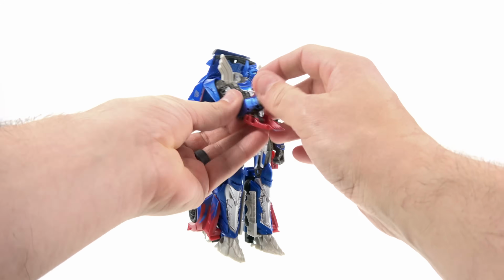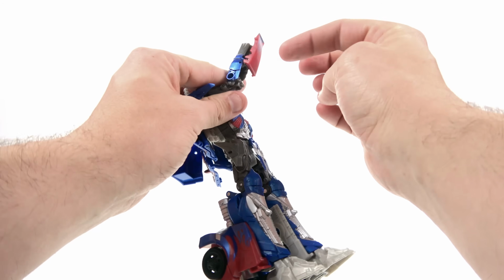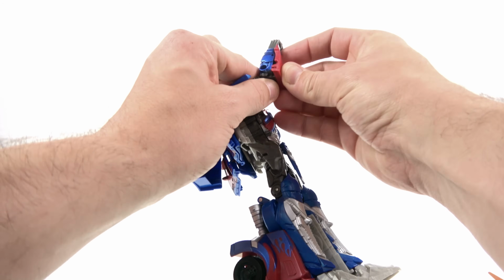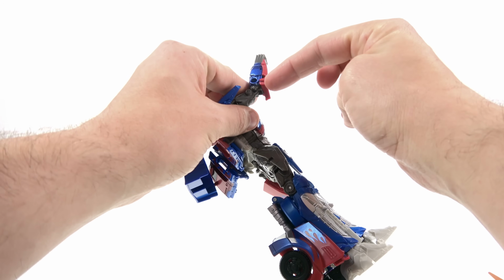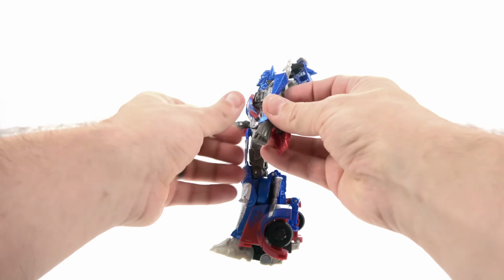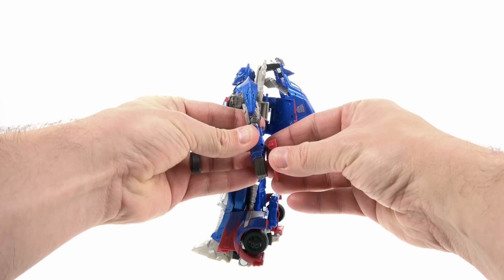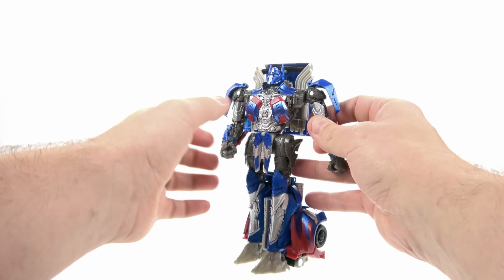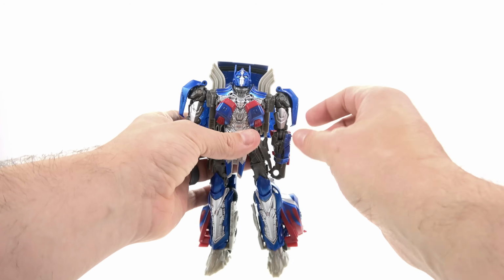Come around here to the underside of his forearms. These little pieces that are like that, they are on a double hinge, so hinge that back, and then they tab down in the back section right there. So again, do that on this side here. Hinge it up like that, tab that in just like so, and then to complete the look, these little pieces